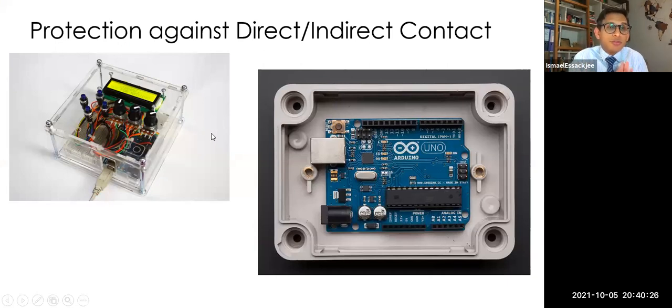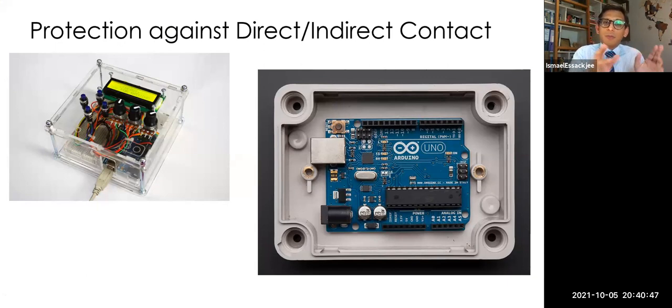It's going to be much more beautiful as well. It's like a small casing. That's what you call protection against direct or indirect contact. Put it in a small casing, you can buy it, you can build it from plexiglass. Well, this one, what you have on the right-hand side, I think it's even waterproof. We're going to come to waterproof later on, but isn't that wonderful? It's beautiful, well packed and so on.